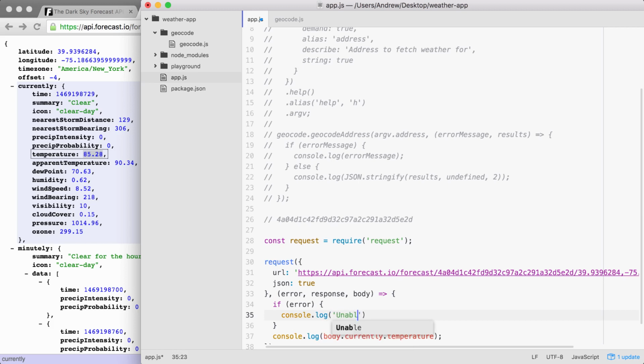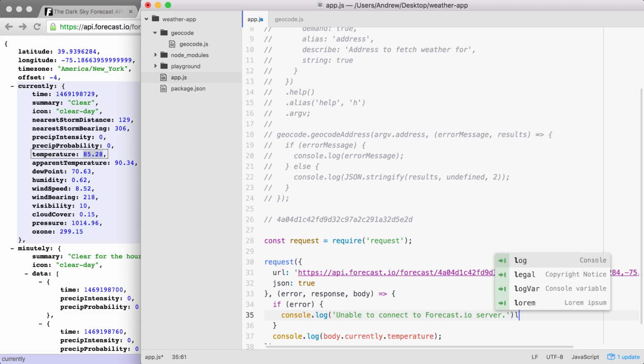Console.log, something like unable to connect to forecast.io servers. Excellent. Now that we've handled general errors, we can move on to a specific error that the forecast.io